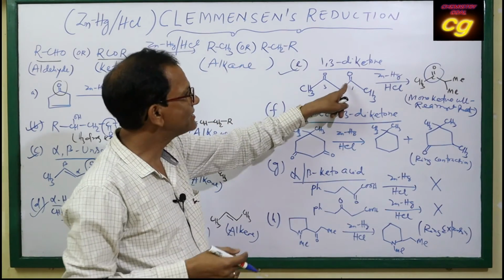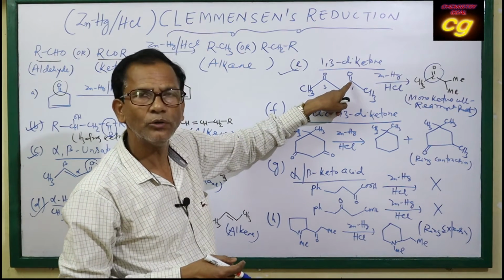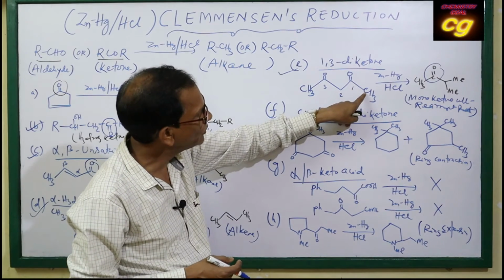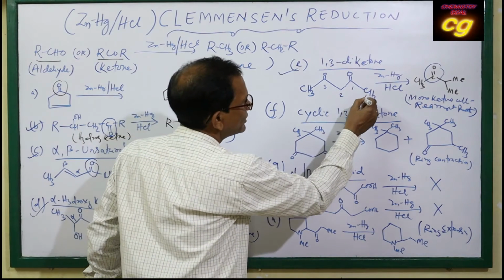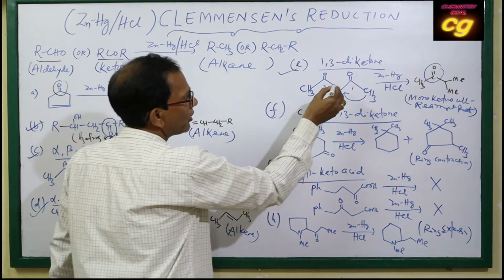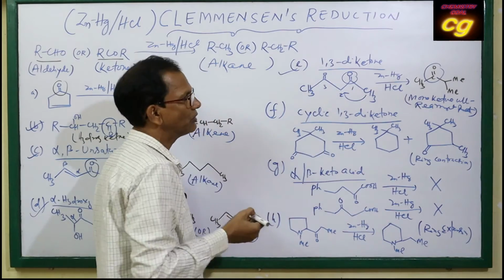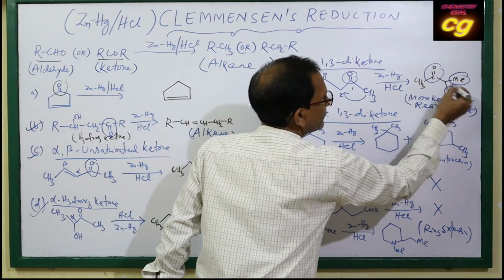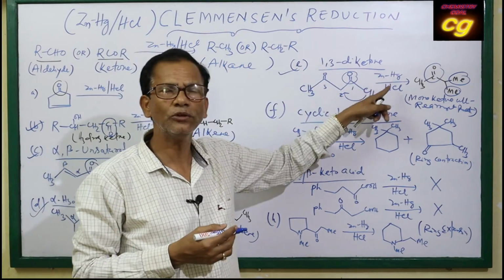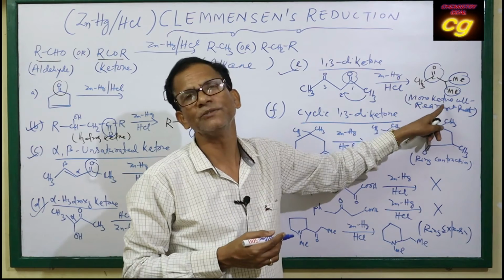As this group is converted to alkane, due to the breaking of this C-O bond, it will be rearranged, and this CH3 will be rearranged. This CH3 moves to this position, and this bond becomes CH3, and this CH3 migrated to this carbon. That's why two methyl groups remain on one carbon atom. So due to reduction of 1,3-diketone, the main product is monoketone with rearrangement product.